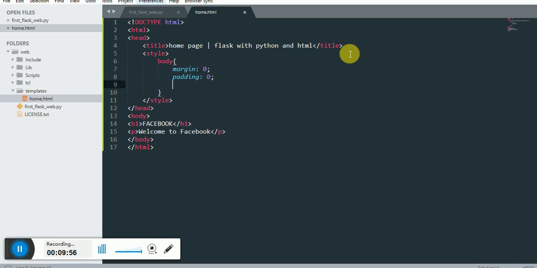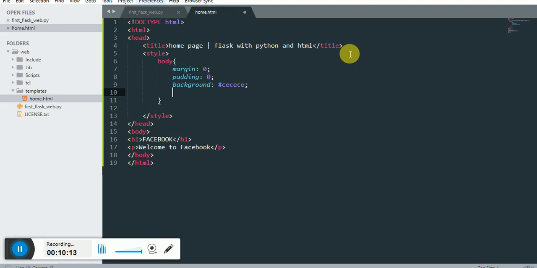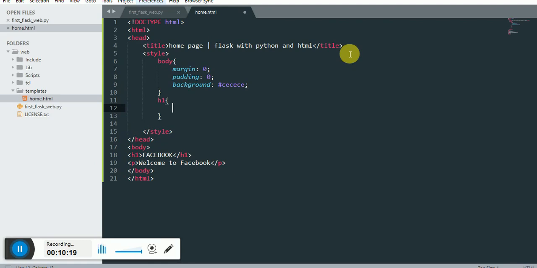and try to give it your own personal CSS within the page. Now, that's it. That's what I can talk about. Imagine giving that, I can go back again to the body of this page and also give it a background color, something like CECE, if that's okay with us. And then I can also go to the H1 element and add my own personal styling where I can talk of the text